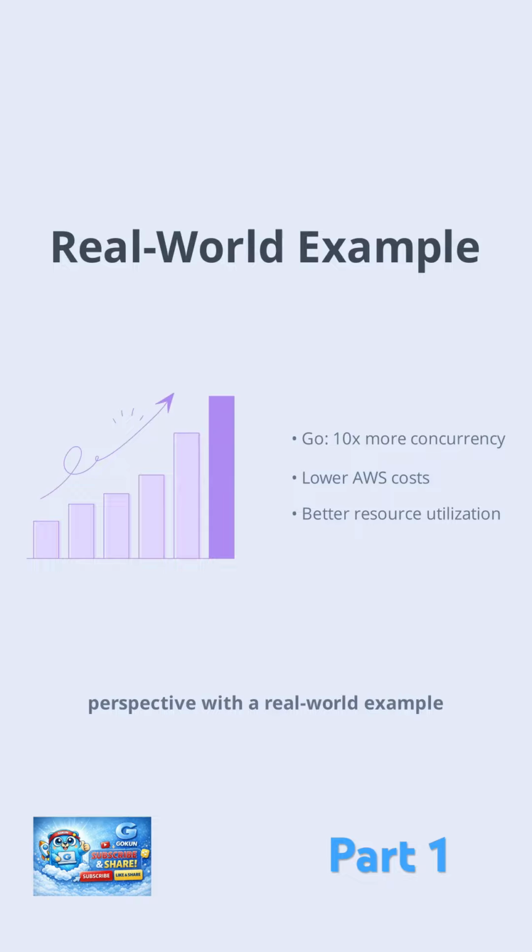On a server with 1 GB of RAM, Node.js can handle about 50,000 concurrent operations before running out of memory. Go, on the other hand, can handle up to 500,000 concurrent operations on the same hardware. That's a tenfold increase in capacity. This efficiency also translates to cost savings. For the same workload, a Node.js cluster on AWS might cost $70 per month, while a single Go instance